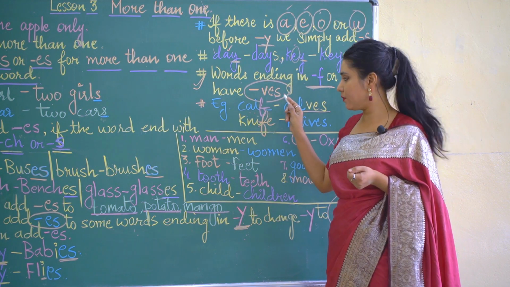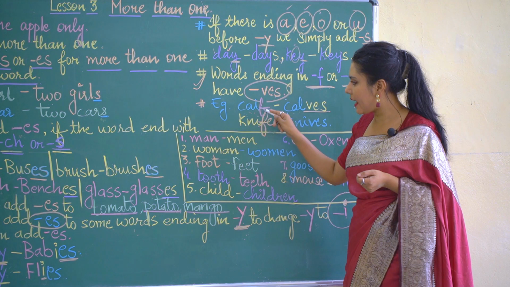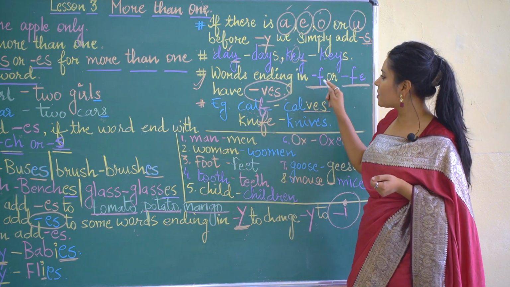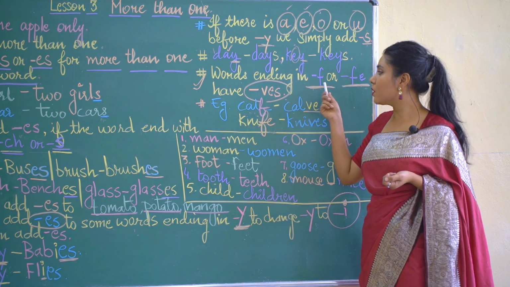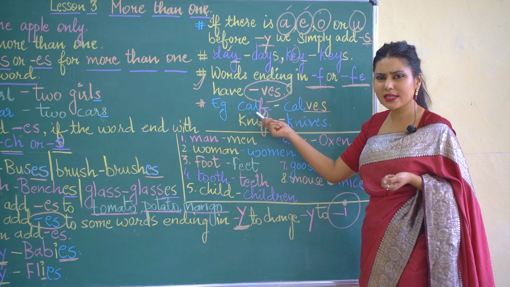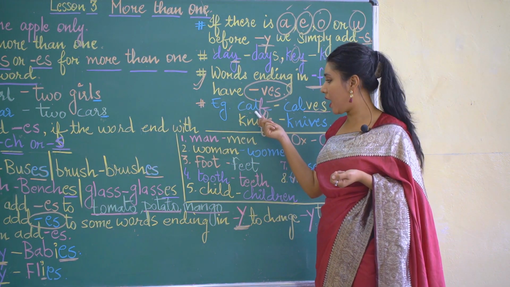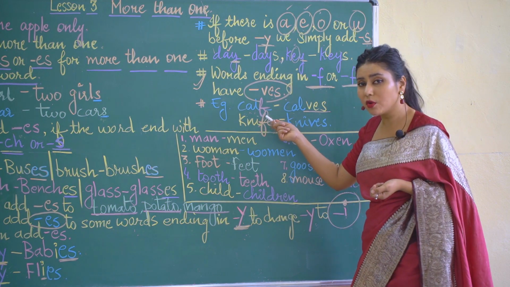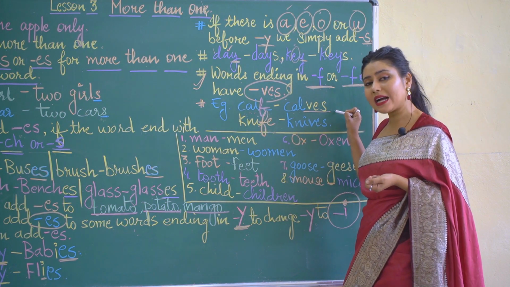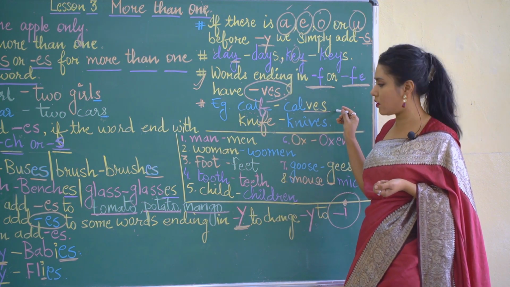How do we see it? We take an example of a calf. Now, calf is ending with F. That's what is written here in the rule, that if the word is ending with F, you are going to apply VES. So what is a calf? You know, calf is a baby cow, right? The plural form of calf will be, you will remove F and you will write VES, so that it becomes calves. There will be no pronunciation of F here. It will be calves, alright?